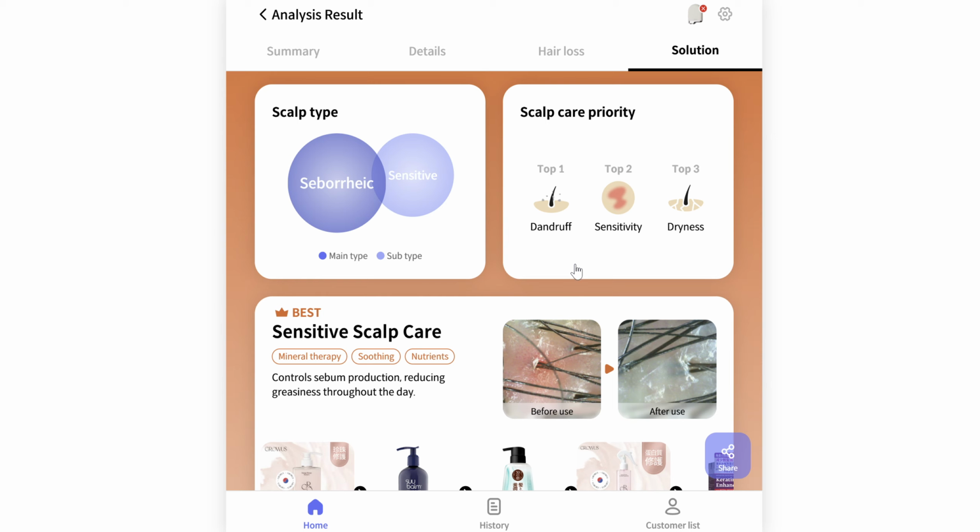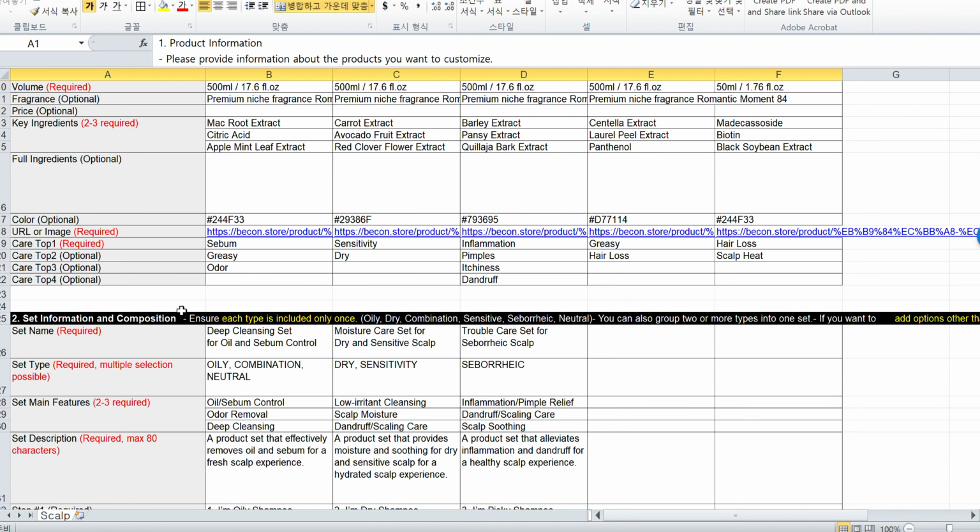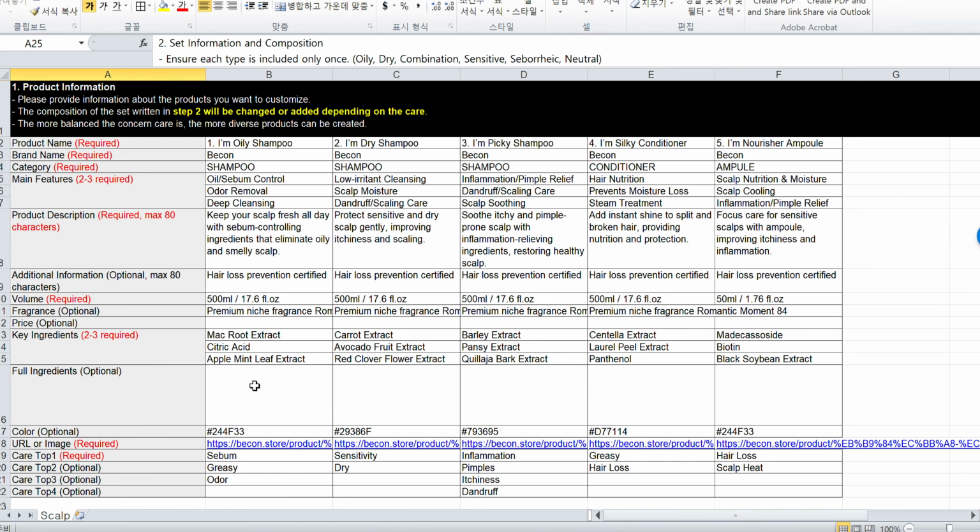So if you have fewer than 20 items, then you have to make sure that you fill out this number one product information. If you have more than 20 items, then you have to also provide information of this second set information as well. I am going to show you how the user interface is different based on the options